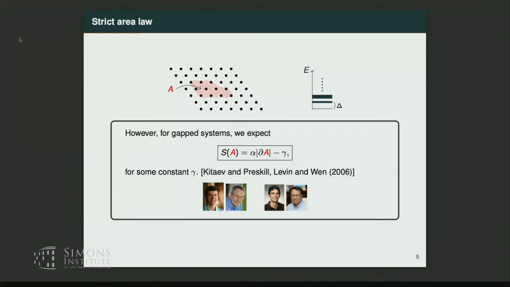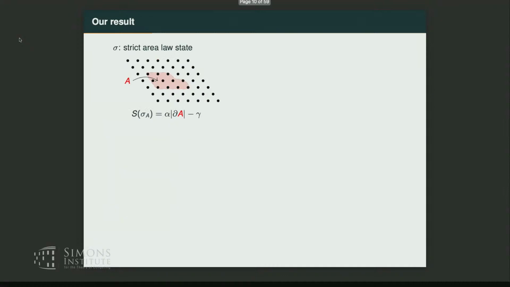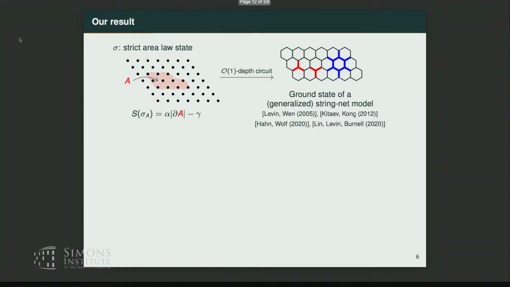Nevertheless, let me first point out what our result does, and then tell you what I think about these caveats. So here's the result. Suppose you have some two-dimensional quantum many-body system on a disk. Let's say it consists of qubits. And you assume that this exact strict area law condition is satisfied everywhere. Then our claim is that there is some constant depth circuit, such that after you apply that circuit, this state can be converted into a state that is already well studied in the literature. It is a ground state of a model called the generalized stringnet model. I will tell you more about this model if you've never heard about it. But let me just tell you the brief history behind this model. This model was first proposed by